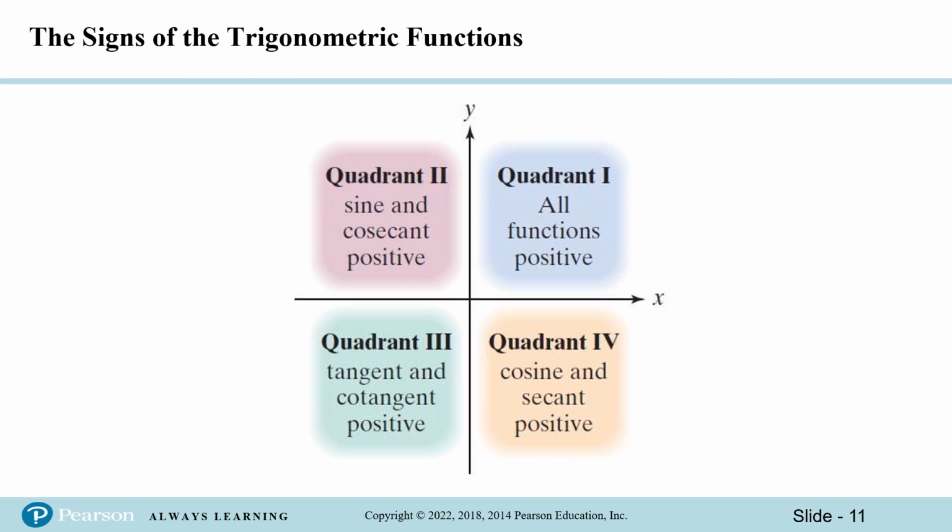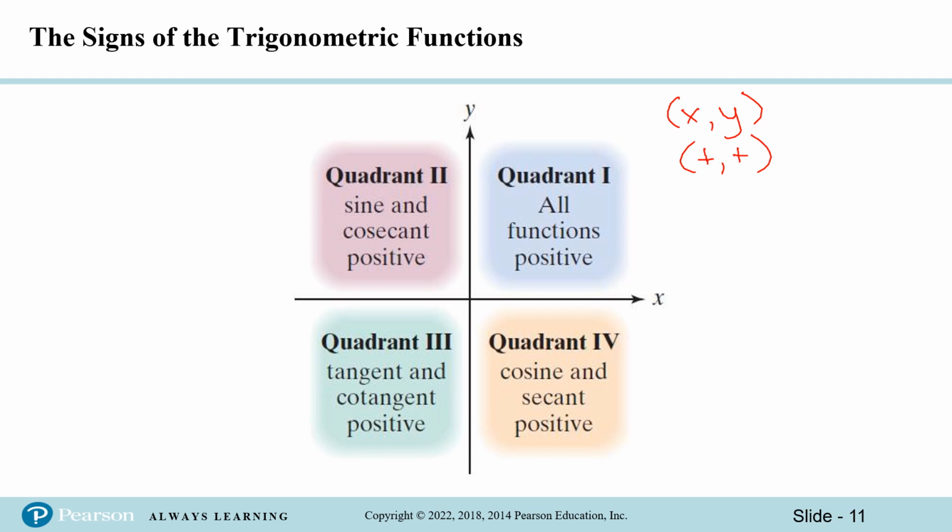There's two different ways to remember this, and I feel like I'm in the minority. I think I'm one of the only people I know that remembers it differently from everybody else. So you can remember it whichever way makes most sense to you. I remember it best by thinking of the x's and the y's. So in quadrant 1, both my x and my y are positive. They're both positive. So that means my sine is positive, my cosine is positive, and all derivations thereof, meaning the